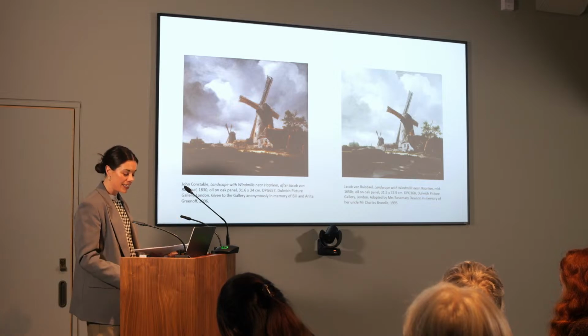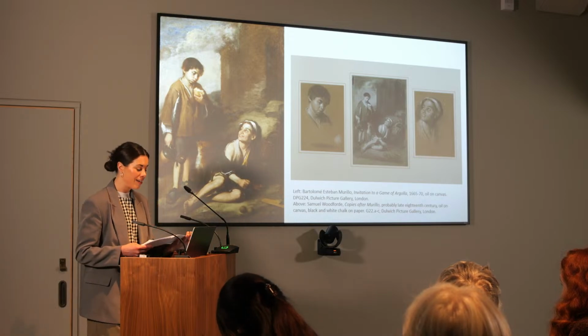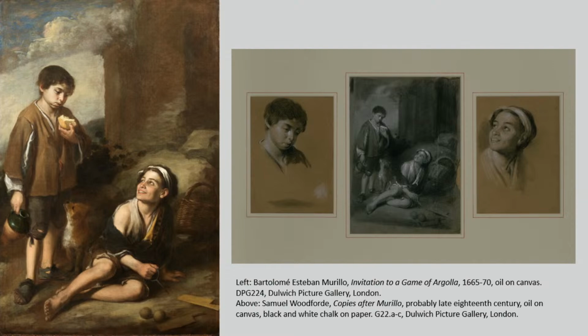So how did artists interact with the Spanish paintings in the Dulwich Picture Gallery collection? Before the collection had even been amassed by our founders, Dulwich Picture Gallery's then future Spanish paintings already had a history of being copied by artists from London's Royal Academy. In the late 18th century, the Royal Academician Samuel Woodford had executed these studies on the right-hand side of Murillo's